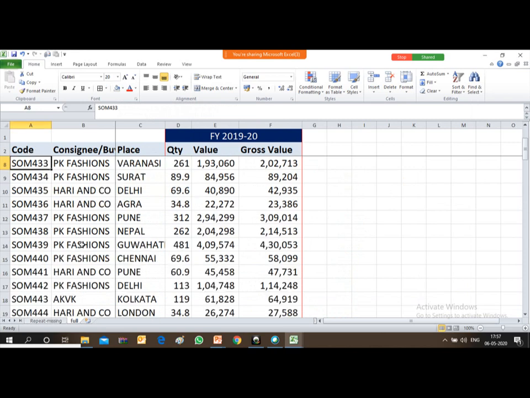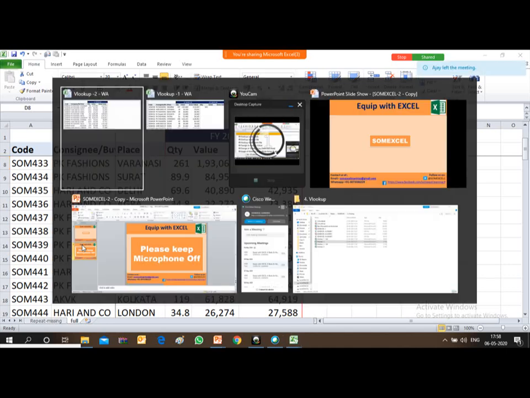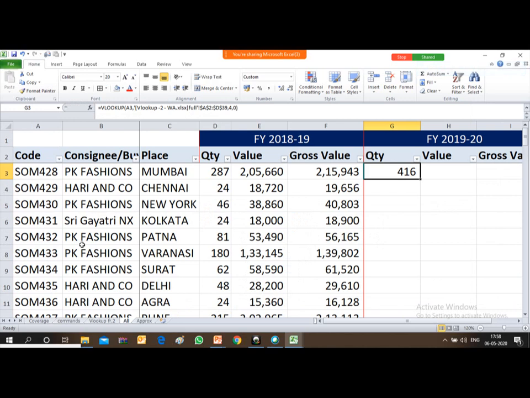The first column was for code, the second column was for name, the third column was for place, and the fourth column was for quantity. So the column number automatically reflects while you are selecting the area, in the small box appearing in the selection part. I'll show you again when I'm repeating it.